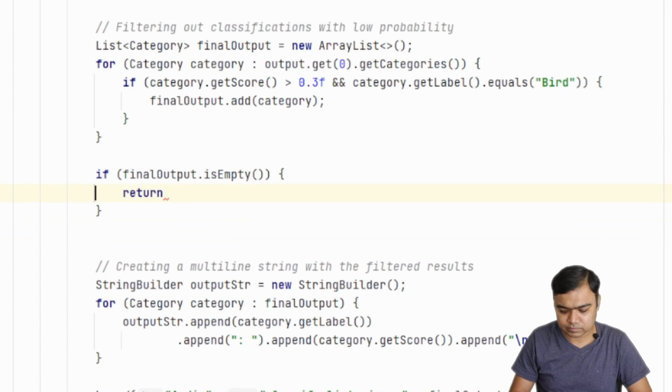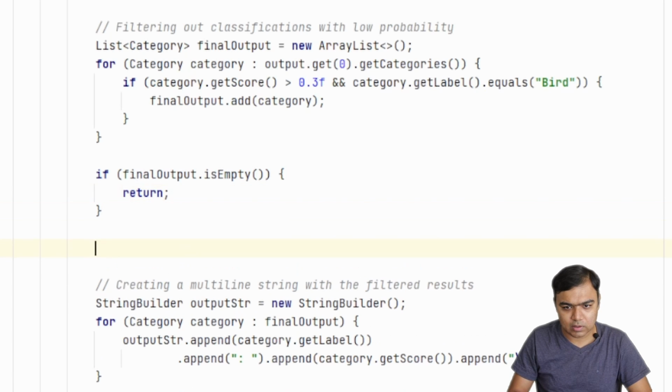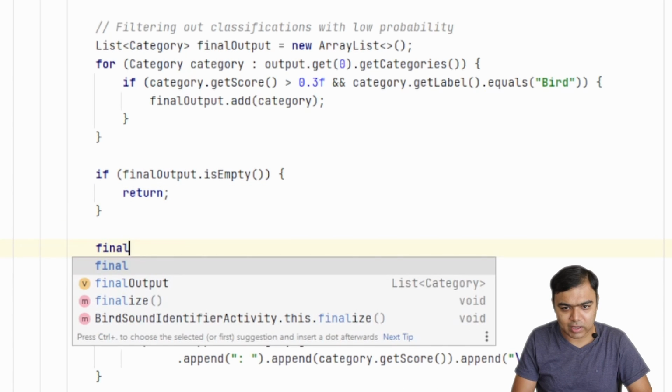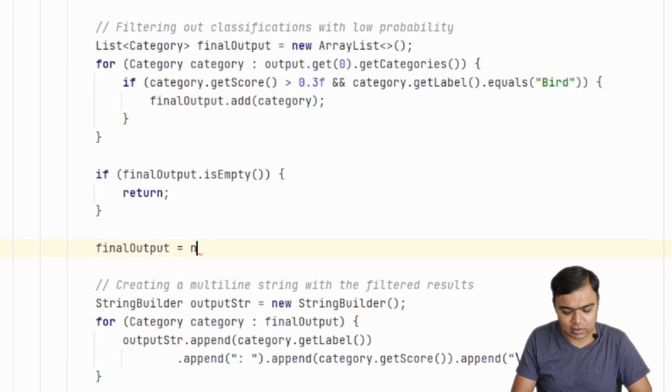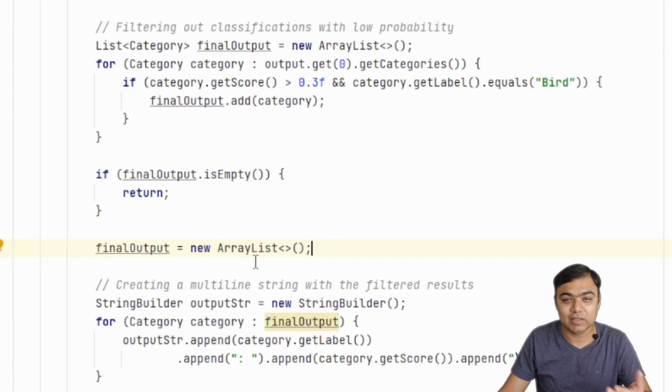Otherwise, we are going to again initialize the final output as a new array list. Then we are going to get the categories from the second output.